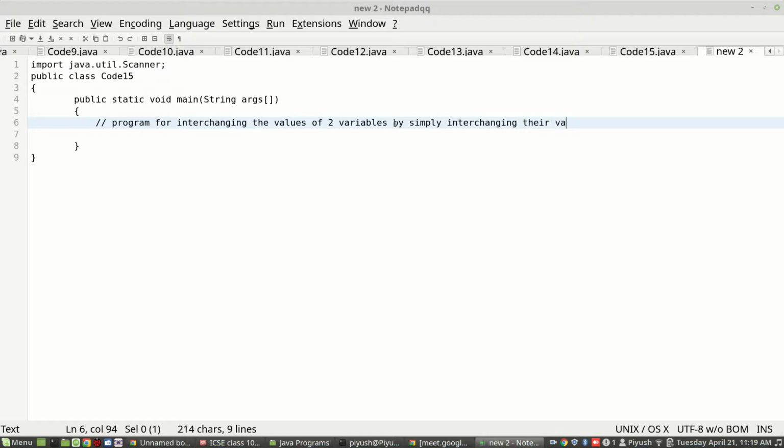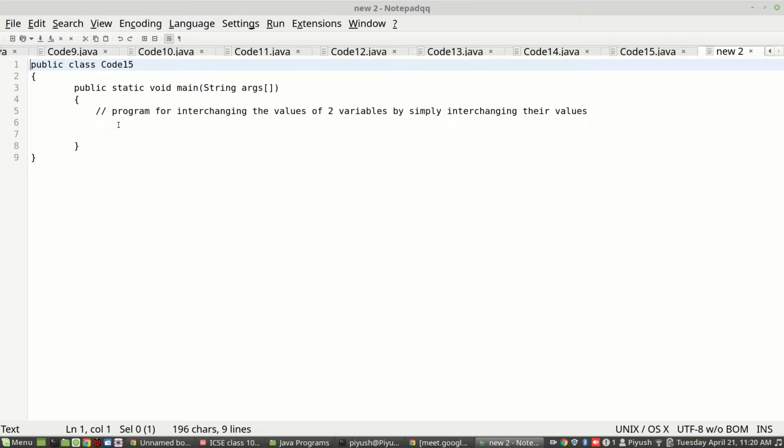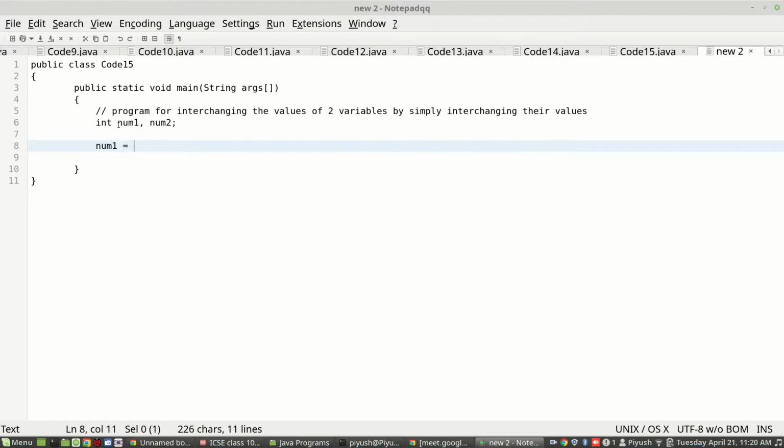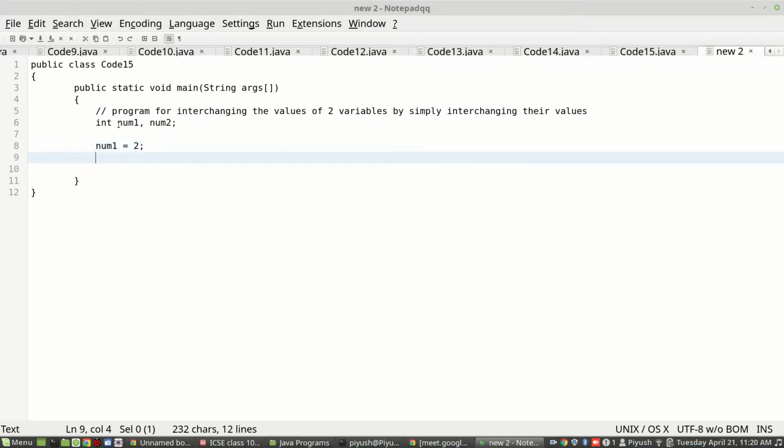Because I don't need user input, I'm just testing, so I'll give hard coded values here. I'll create two variables, num1 and num2. In num1 I'll give, let's say, 2. In num2 I'll give 3.